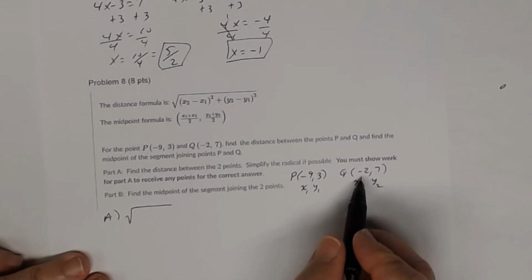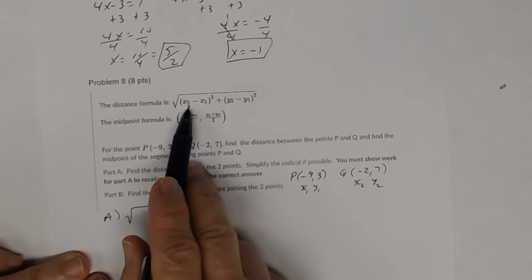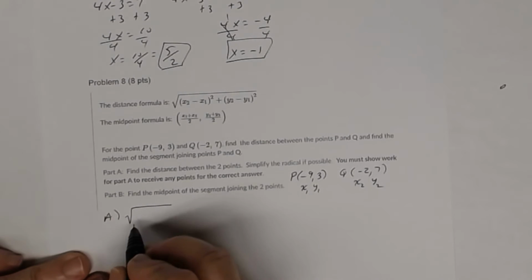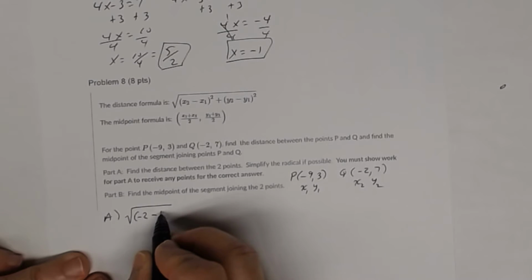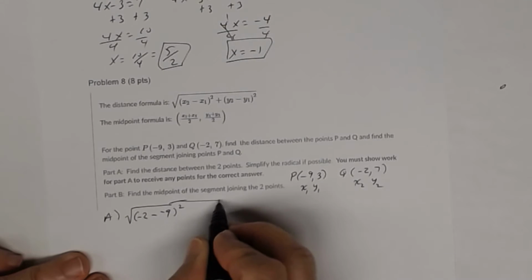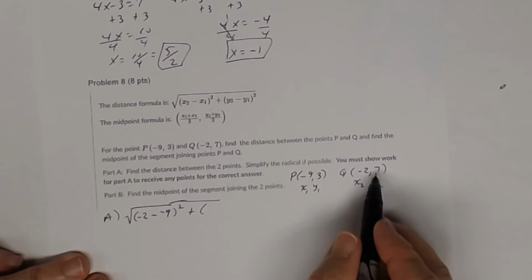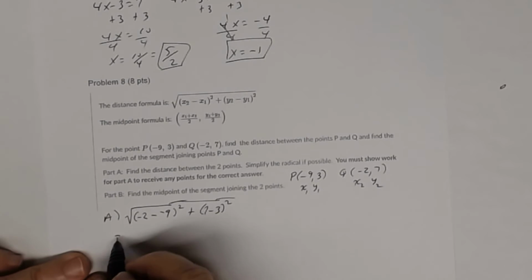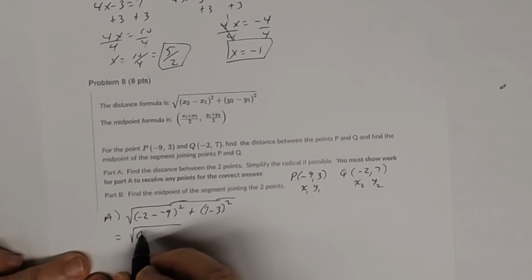So I'm going to go ahead and just use the same thing we had, your x2 first. So that will be negative 2, subtract negative 9, and I square that. Plus, and then you subtract your y coordinates: 7 subtract 3, squared. So that's going to equal the square root of